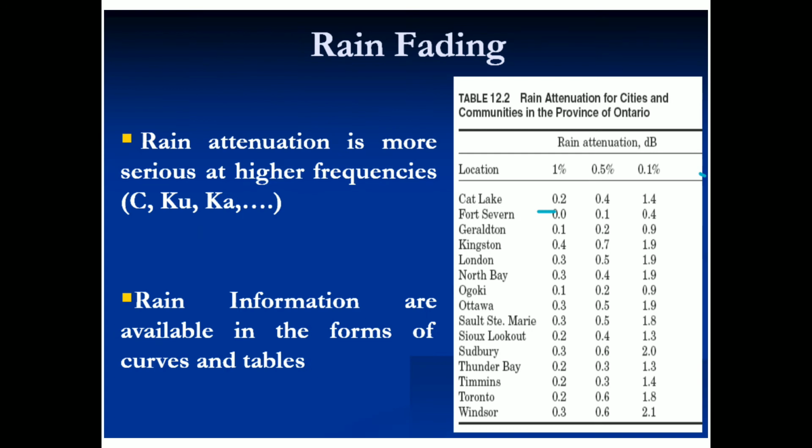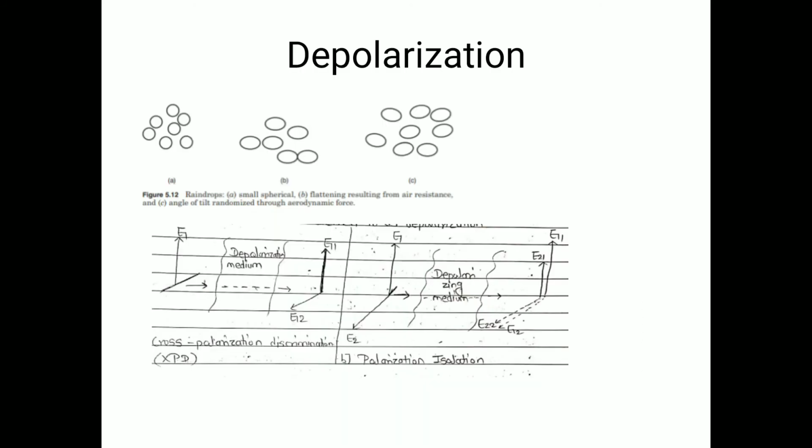Next is rain fading, or rain attenuation. This is basically seasonal. All of us have experienced that during the rainy season, we come across messages on our cable network stating that due to heavy rainfall, we are not able to receive the signal. Actually, when there is heavy rain, there is a depolarization of the signal. When it is only drizzling, the raindrops are circular, as you can see in figure number 8. As the raindrops increase in size, they become oblate in nature. This is because of the earth's gravity.